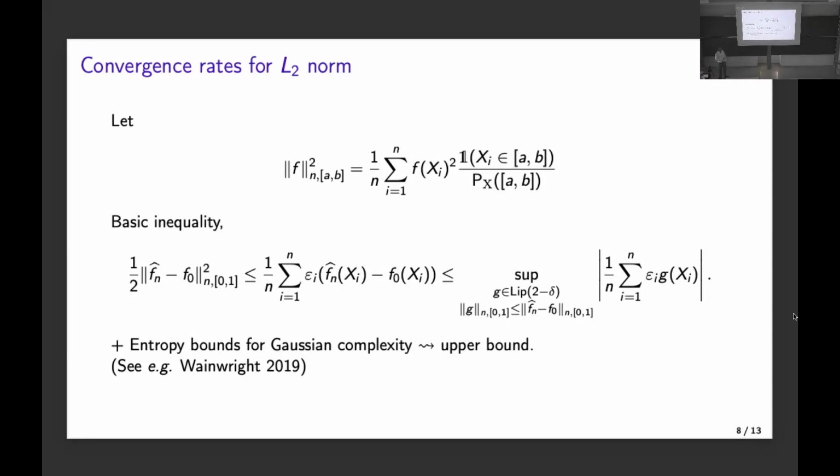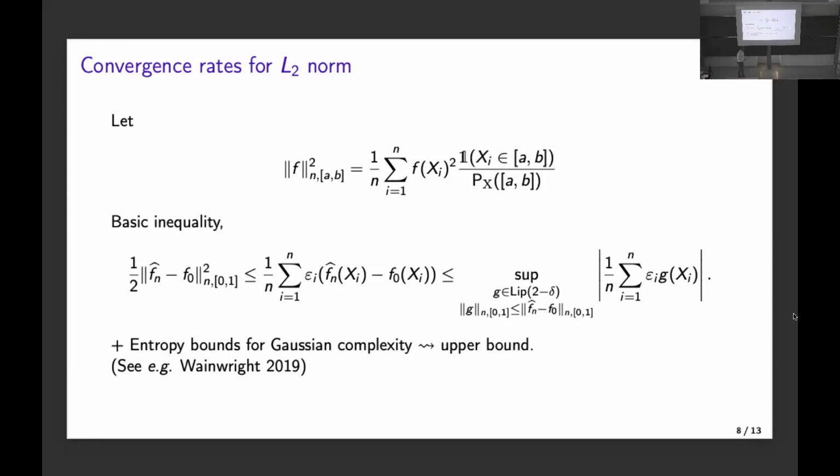So it's a norm that is indexed by an interval AB; it's the usual L2 norm if my interval AB is 0, 1, and I allow myself to measure the norm of a function only on a sub-interval of 0, 1, on AB. And so what basically happens is that here I have an n, here I have the probability, the mass of this interval AB. So this acts like the sample size on this interval,